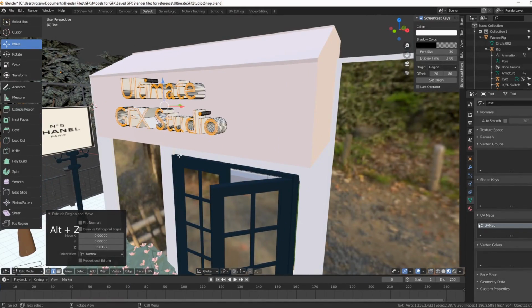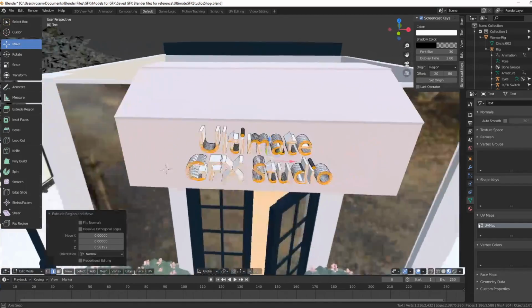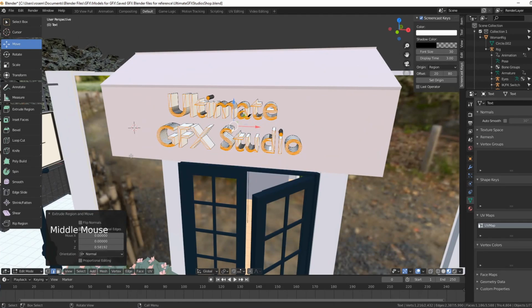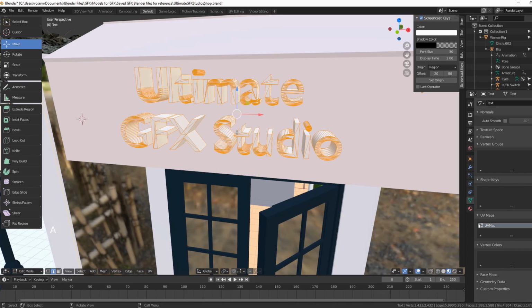And for some reason, we are in the hidden mode. There we go. Sorry, if you hit Alt-Z, it will actually make everything go into just the lines, and then you hit Alt-Z again, and it'll make it go back to the solids. So my apologies. So now we want to hit A to make sure that we have all of this highlighted,